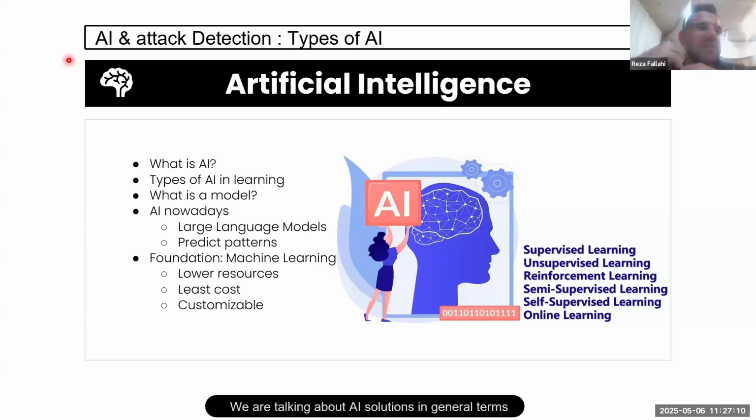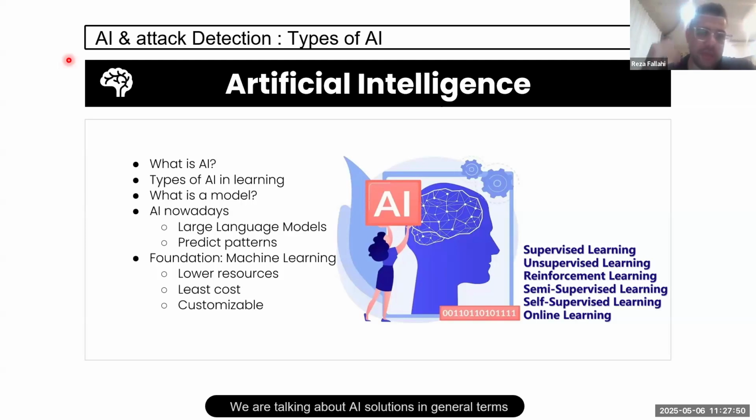Okay, as you already know, for example, ChatGPT, Gemini, things like this. But we have to actually figure out what our needs are. Since we're talking about network security, specifically detection of an attack, are these large language models going to be really useful to us or not? I'm not denying the power of these types of AI solutions, but we can even work with a simple machine learning solution, and it's going to be really accurate. It doesn't necessarily need to depend on large language models, okay?